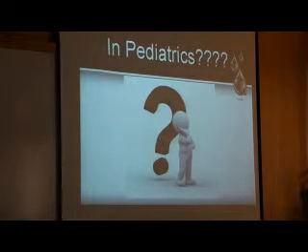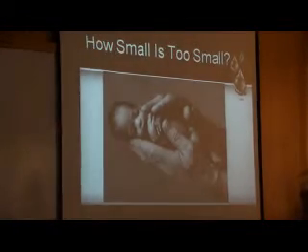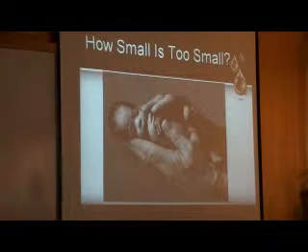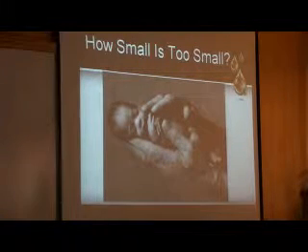What is our problem in pediatrics? Every time when I was a resident and asked for apheresis for a patient, the answer was always, the child is too small to be put on a machine. Can we answer this question? How small is too small? We were told that 20 kilograms is the minimum body weight that can be put on an apheresis machine. But the literature says no. We can put babies as small as 5 kilograms on apheresis machines. We don't use it. We are wasting a wide range of therapy for our children.